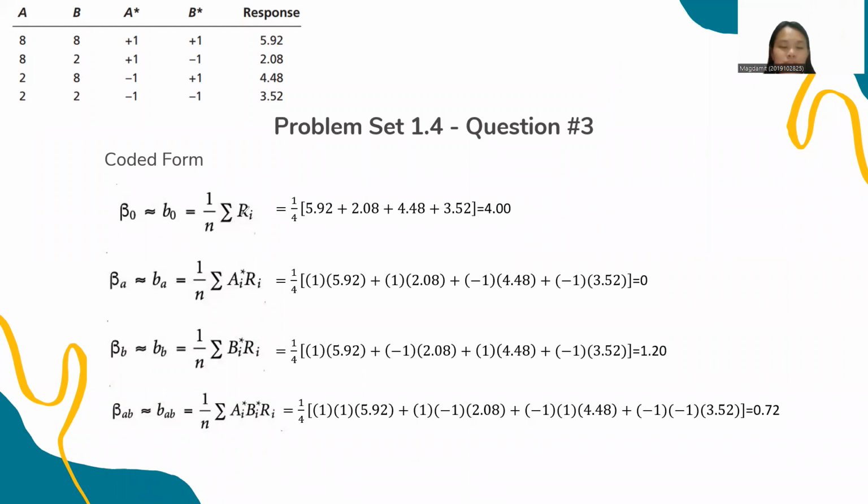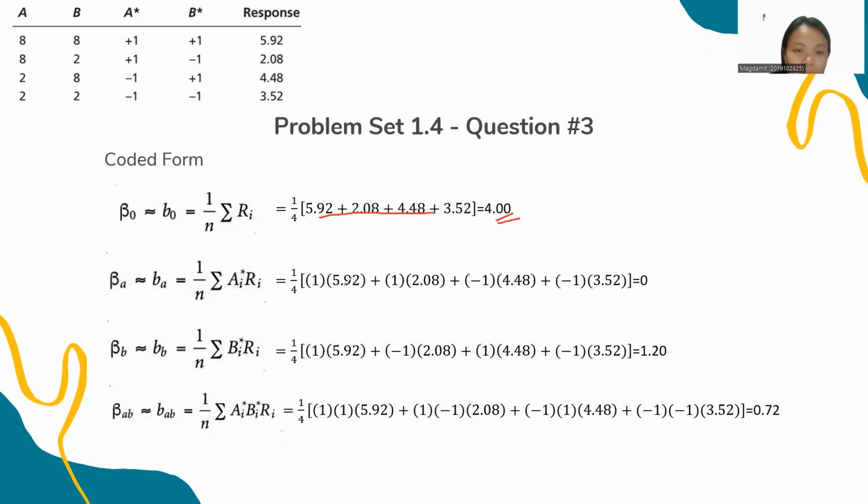So for beta 0, or the first term, we first need to get the sum of all the responses before multiplying it by 1/4. The first term that we obtained is 4.0. For the second term,